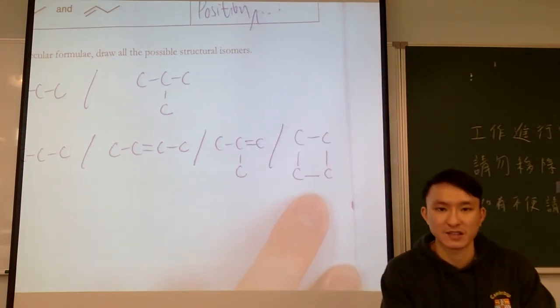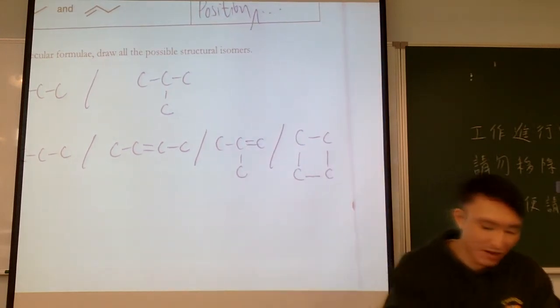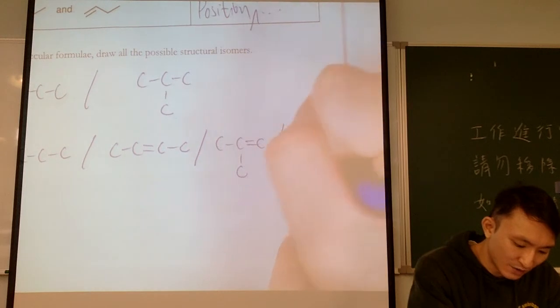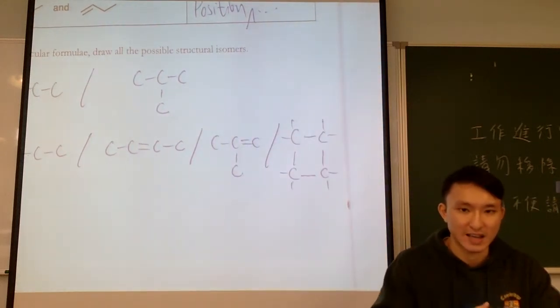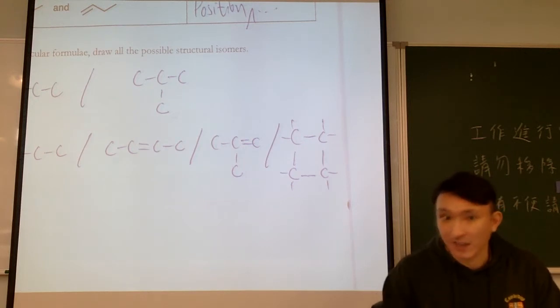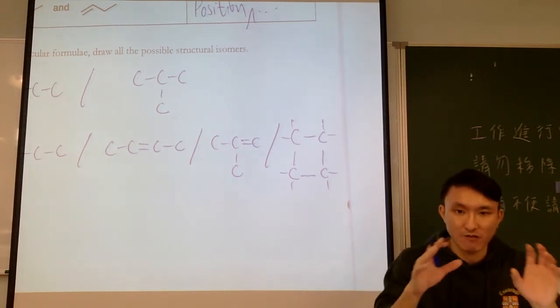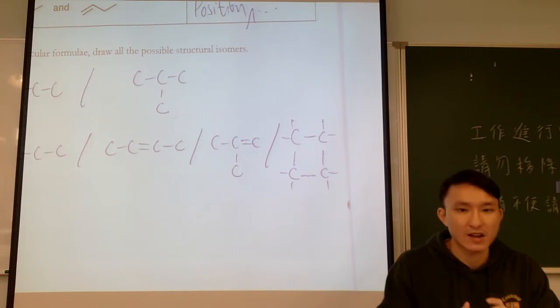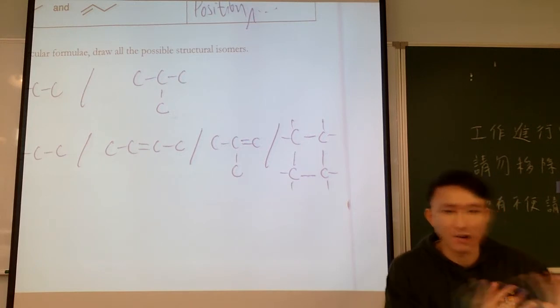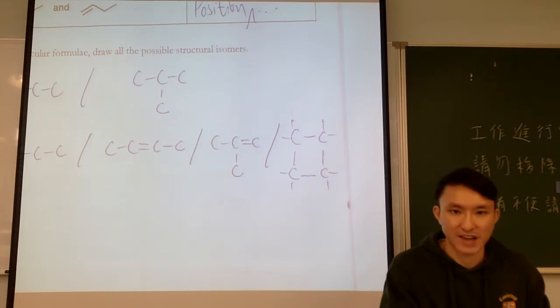Yes, so it could exist as a cyclic compound. If you find out the number of hydrogen atoms, it turns out that it is also a hydrogen atom. So you realize that forming a ring also requires 2 hydrogen atoms lost from the corresponding alkane. Now, what I'm trying to say is,